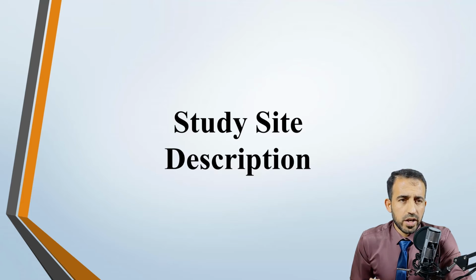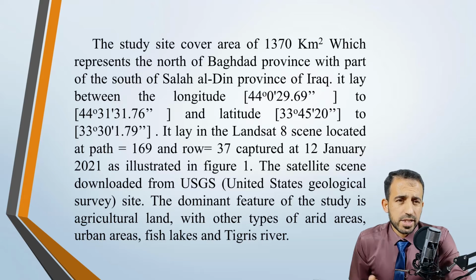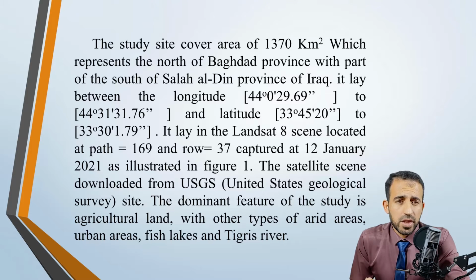The study site covers an area of 1,370 square kilometers, which represents the north of Baghdad province with part of the south of Salahuddin province of Iraq. It lies between longitude 44°29'68" to 44°31'31.76" and latitude 33°45'20" to 33°13'1.78". It lies in the Landsat 8 scene located at path 169 and row 37, captured on 12 January 2021,